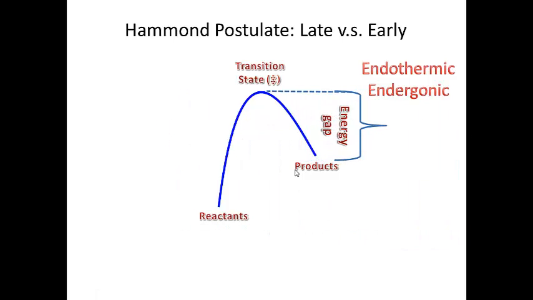Notice between the products and the transition state, the energy gap is much smaller. Now let's compare that to the gap between the reactants and the transition state. Remember, for an endothermic reaction, the activation energy is a lot higher, right? So the difference in energy between the reactants and the transition state is going to be much greater,